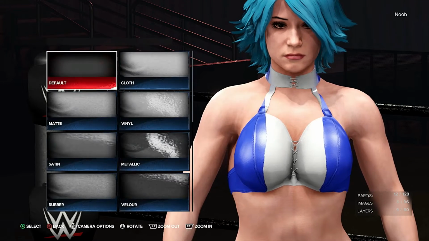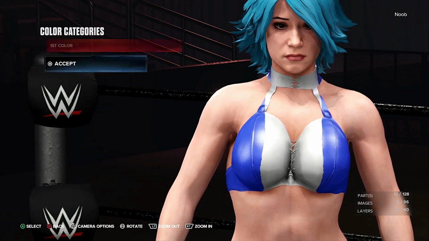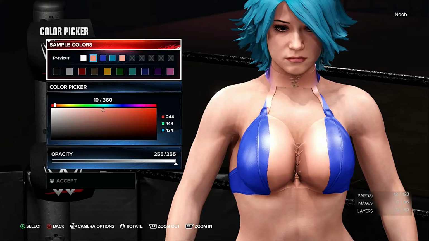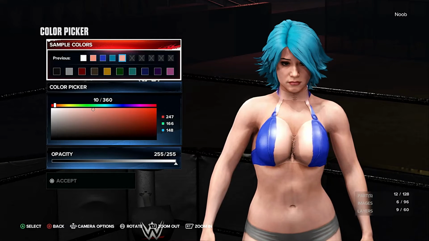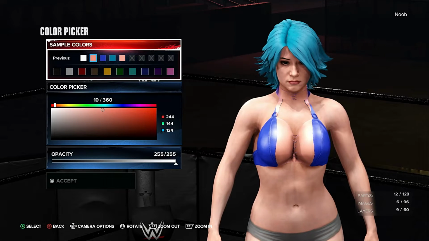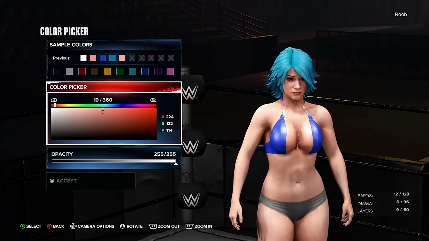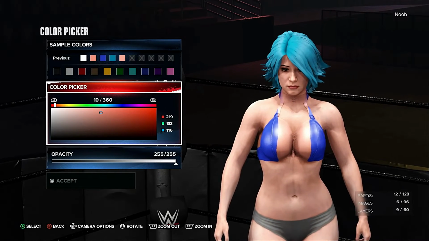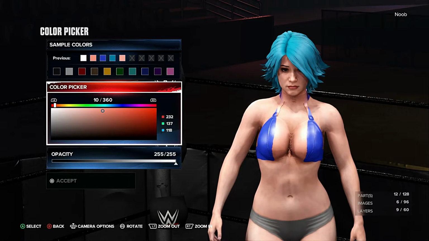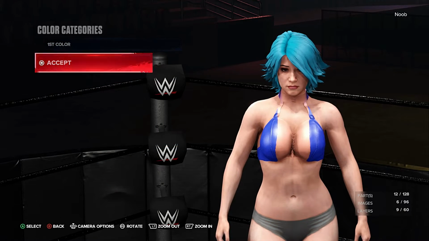Material, once again, choose rubber, and color, you'll have to match it with the skin tone. If you select the one that you have selected for the skin tone, it will not match. You will have to select a little darker. And if you are not satisfied, then adjust it according to your liking, whichever looks closer. I think this looks close. Anyway,